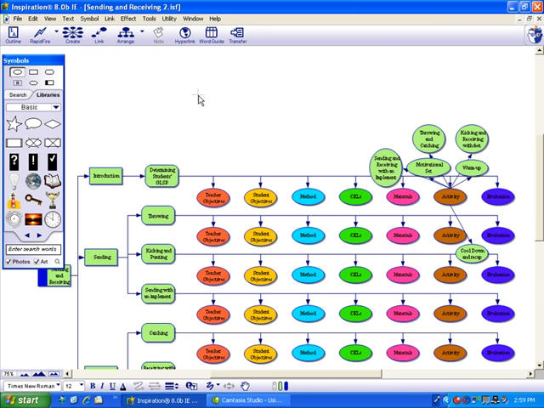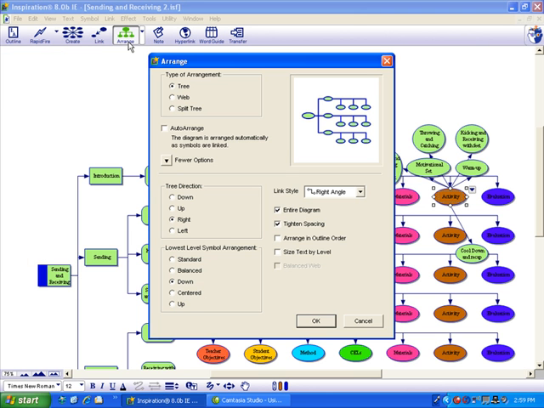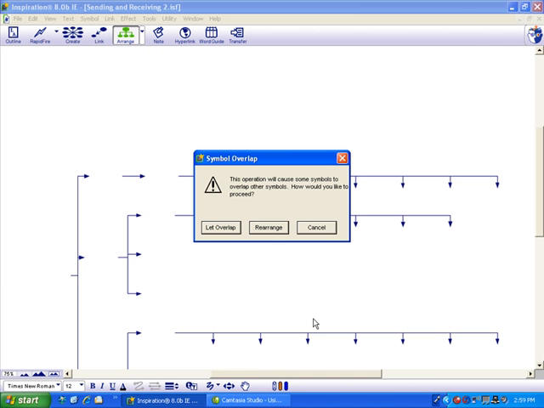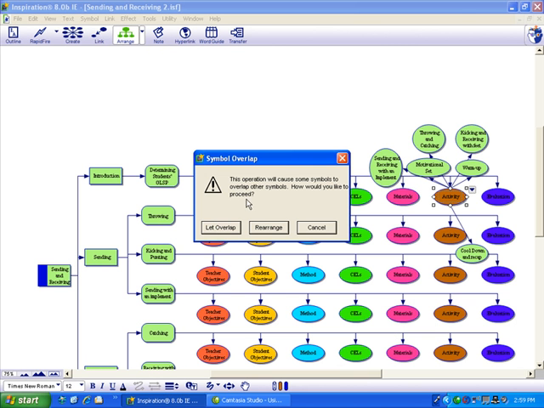Now these obviously have created quite a mess in my diagram, but I'm going to click on the activity bubble, click on arrange. I'm going to create a standard down tree. This time I'm going to turn off the checkbox entire diagram. When I click OK, it's going to let me know that this operation will cause some symbols to overlap. I'm going to let them overlap,